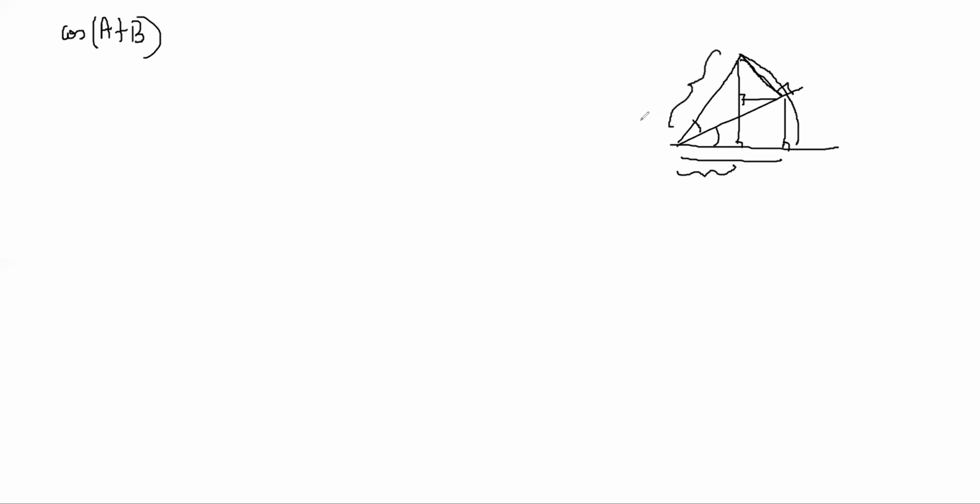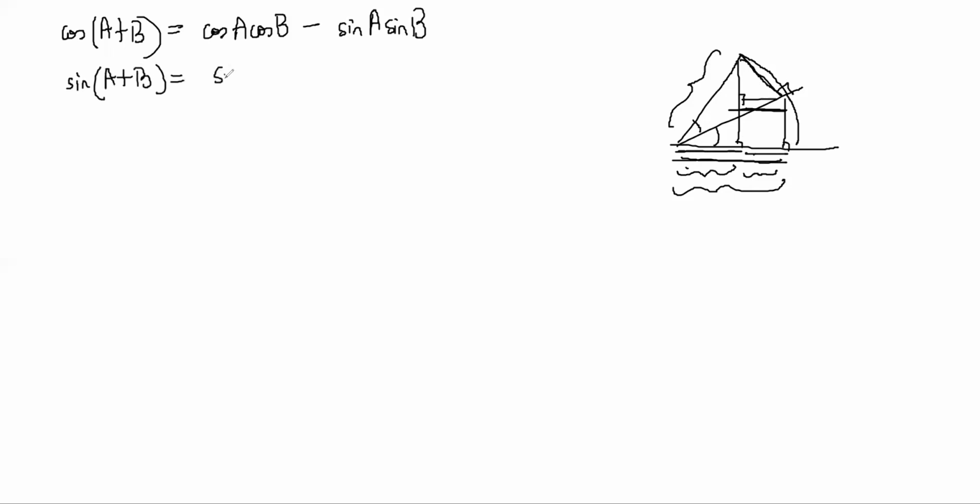So you need this by this, right? You can say that this distance is equal to this distance minus this distance, right? So do the same derivation using this big distance minus this small distance, and split the ratio, and this small distance is equal to this small distance. So then you get a triangle here, right? And similarly, if you follow, you will be able to prove that this is equal to cos A cos B minus sin A sin B. Okay. So we end up with these two results. Sin A plus B is equal to sin A cos B plus cos A sin B.